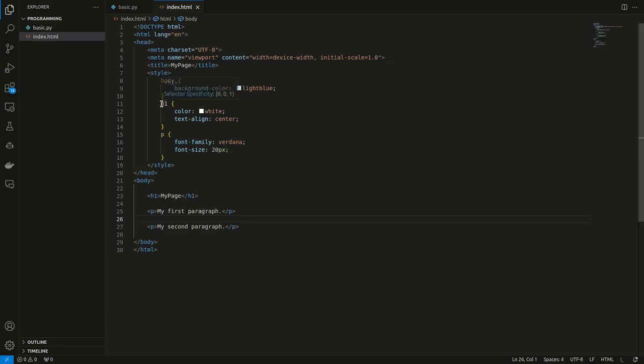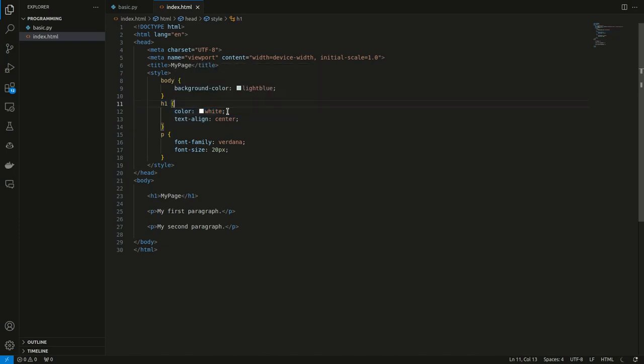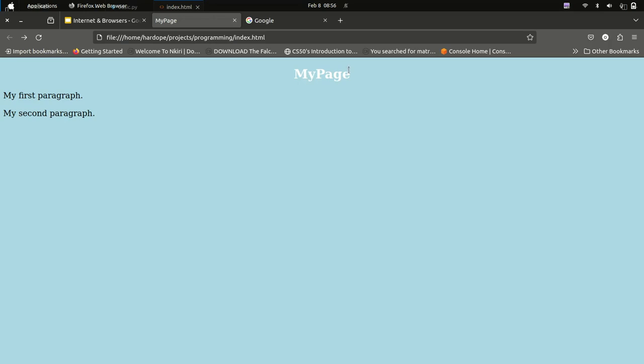And then let's take a look at the H1. H1 looks for the H1 tag. Now you can see when I hover over this, it's showing the H1 tag right on top of the cursor right here, because this is going to match the H1 tag. Now you can see I said in the H1 tag, I want to change the color to white, which means it's going to change the color of my text to white.